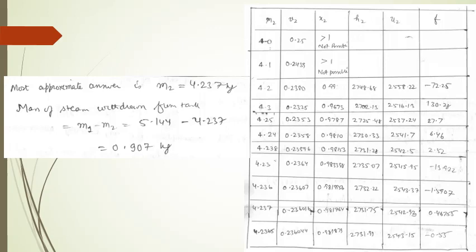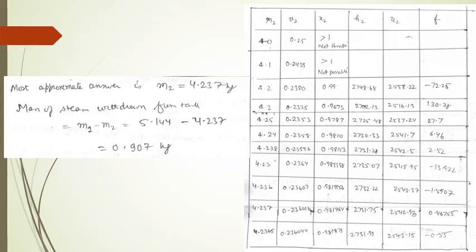Now we have assumed some of the values, whereas other values have been calculated or obtained from the steam table, and we get the most approximate answer of M2 as 4.237 kg,